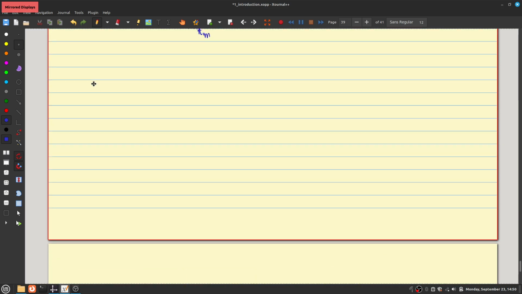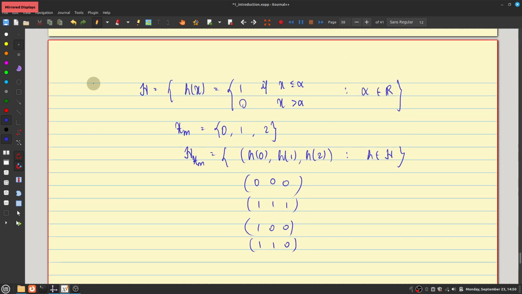So if you go back to, let's say, the example over here where we have threshold functions. H is the set of all functions which are equal to 0 if x is greater than some particular number alpha, and equal to 1 as long as x is less than or equal to alpha. So it's a set of all functions which look like a step function, all possible step functions. If you apply all these h to that particular subset, you get a set of functions.